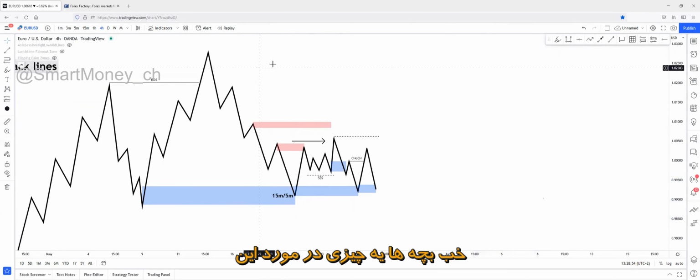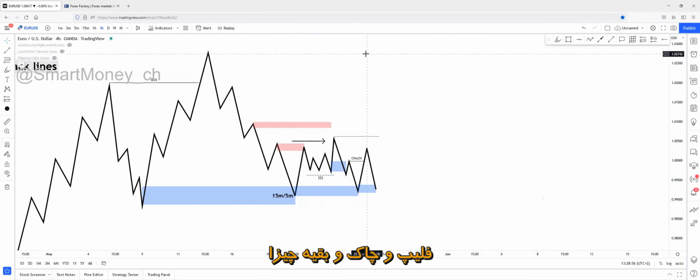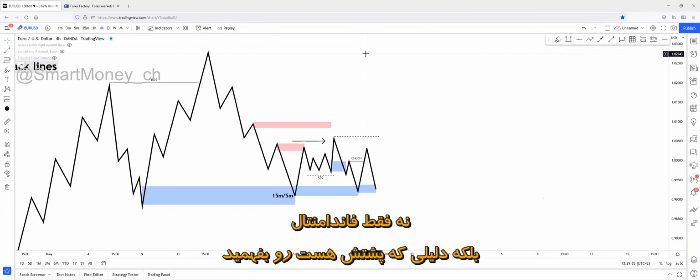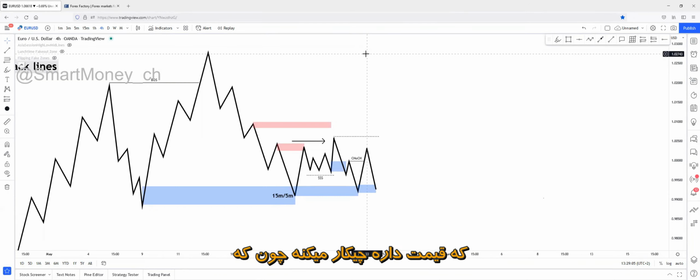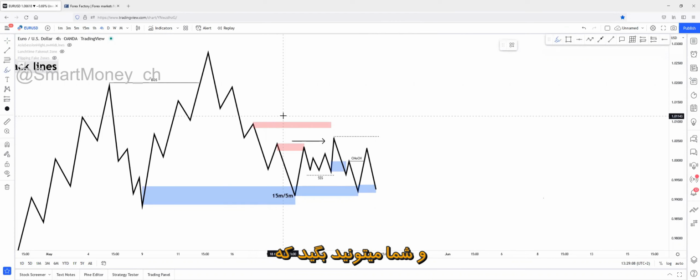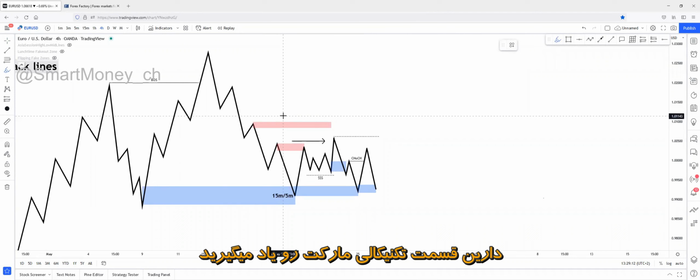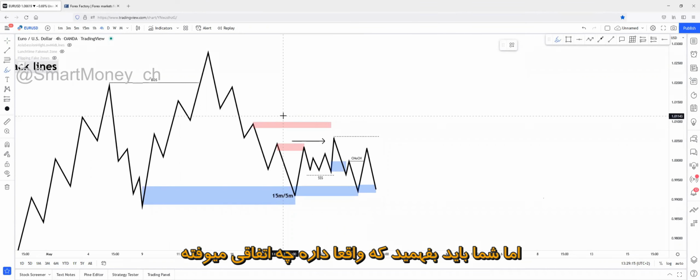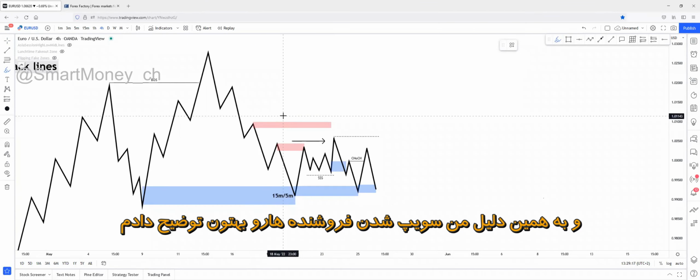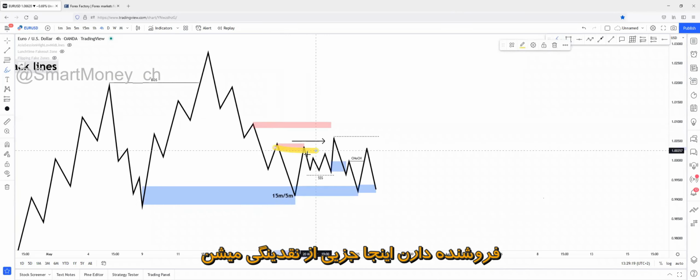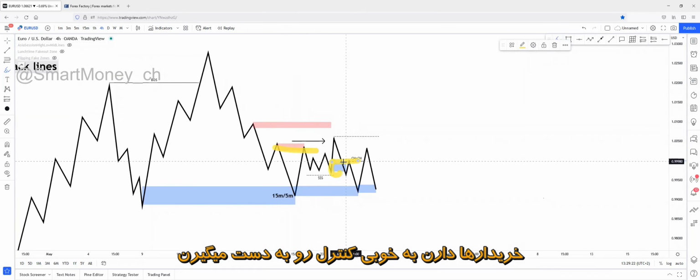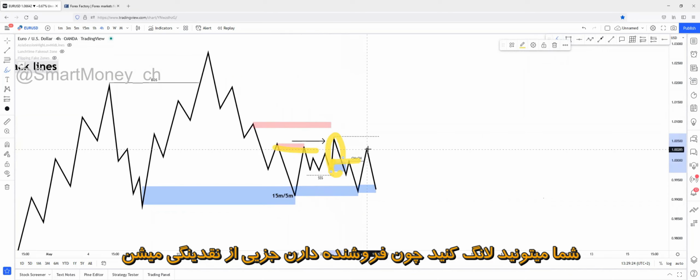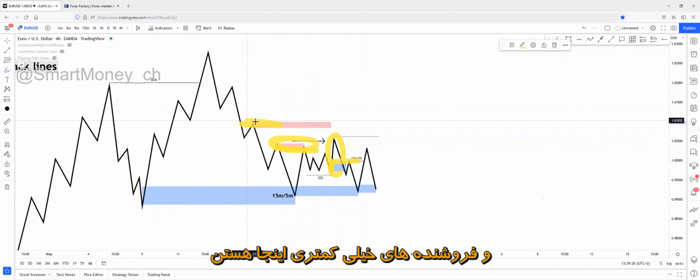Okay, guys, one more thing about these flips and change of characters is that it's really important for you to understand the fundamentals, not just the fundamentals, but the reasons behind what price is doing. Because there could be a flip, there could be a change of character, and you could say that because you learned the technical side of the market. But you have to understand what's really happening behind price. That's why I explained that sellers are being swept from here, buyers are in control, and you can safely use a long entry because sellers have been swept out and less sellers will be right here.